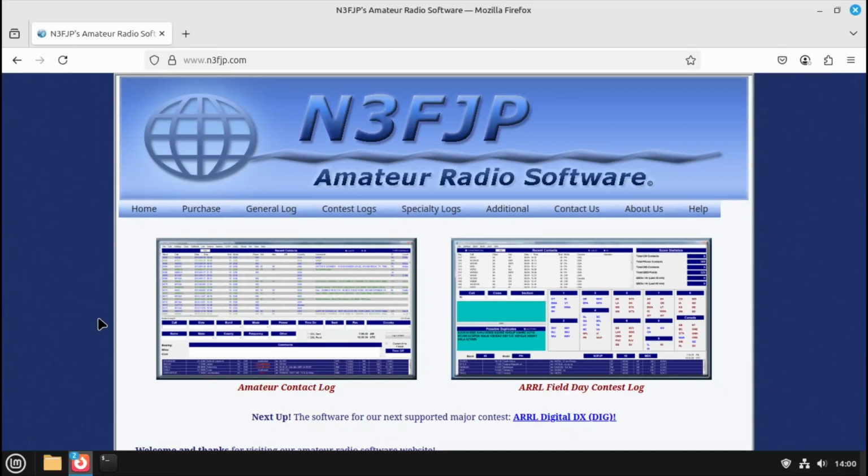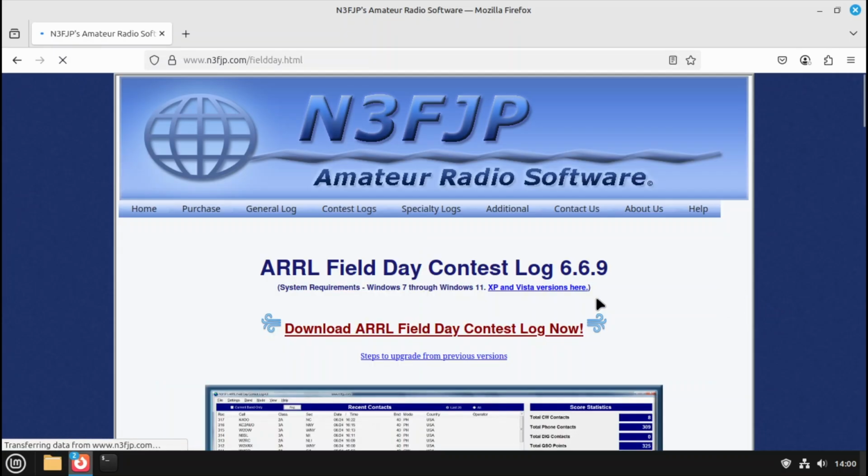Today I'm going to demonstrate for you how to install the ARRL Field Day Contest log from N3FJP on Linux Mint. These instructions should work for Linux Mint 22.1 or Ubuntu 24.04. So let's get started. The first thing you're going to want to do is go ahead and download the Field Day Contest log